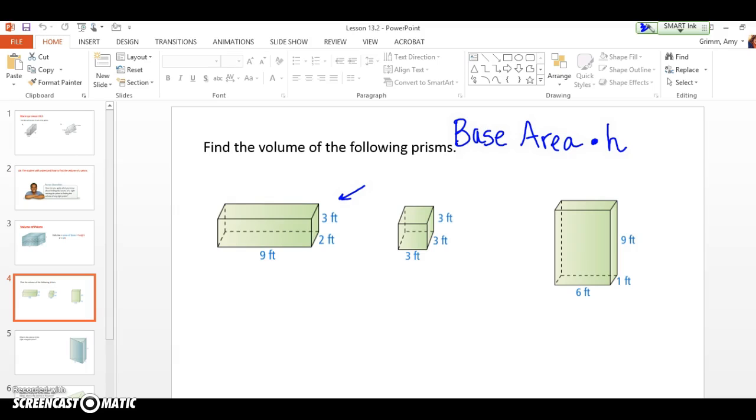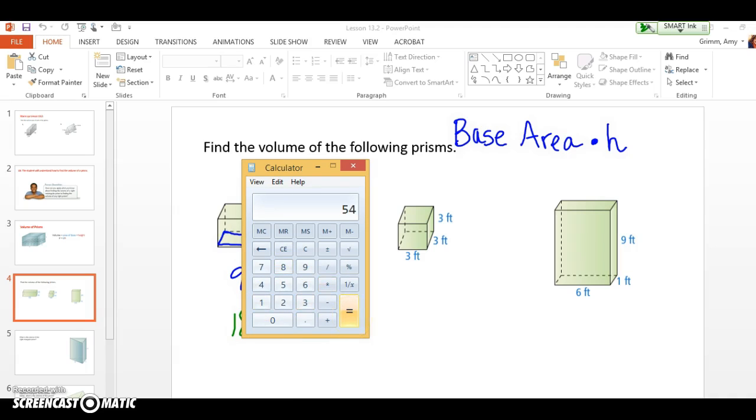Here is the base. What is the base area there? A 9 by 2. So 9 by 2 would give me a base area of 18. How many layers of 18 am I going to have? 3, because it's going up 3 tall right here. So I would put in 3 layers of that. So I would say base area 18 times the height, which is 3. And all I have to do is 18 times 3,